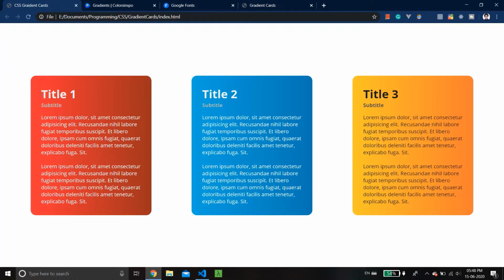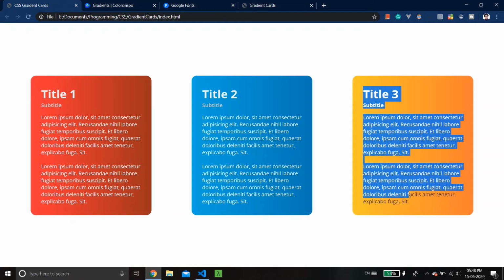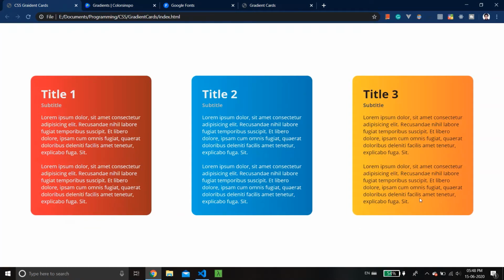For example, it has a title, a subtitle, a content, and many times it also has an image. But for now we're just going to focus on the basic structure and also talk a bit about the gradients, because color matching is really important in design. If you get it wrong, it's going to immediately be obvious how bad it looks. When I was making this, I tried white color on this, but that didn't look good. So yellow, orangish goes with black and all that.